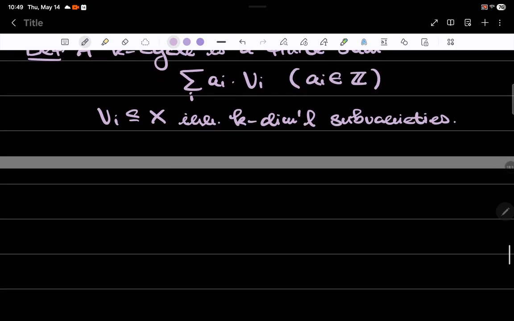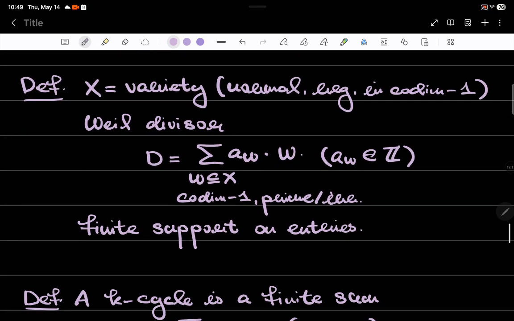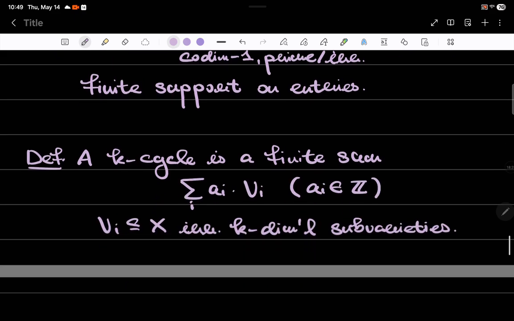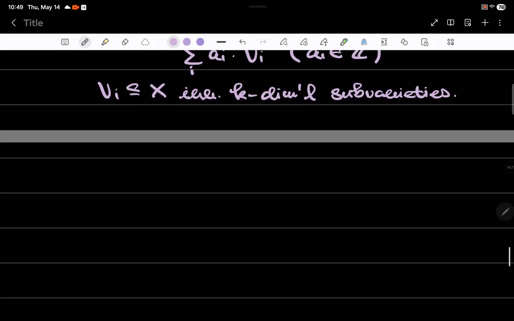So under this definition, Weil divisors are just (n-1)-cycles. So the group of k-cycles under addition